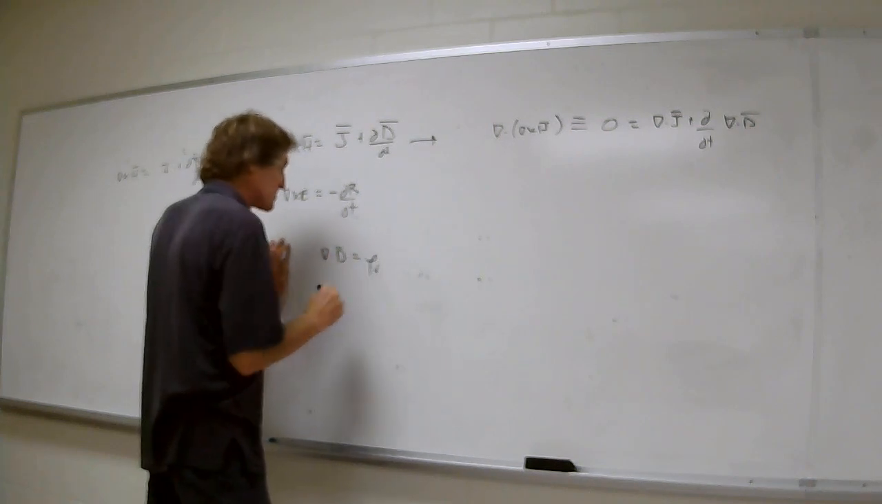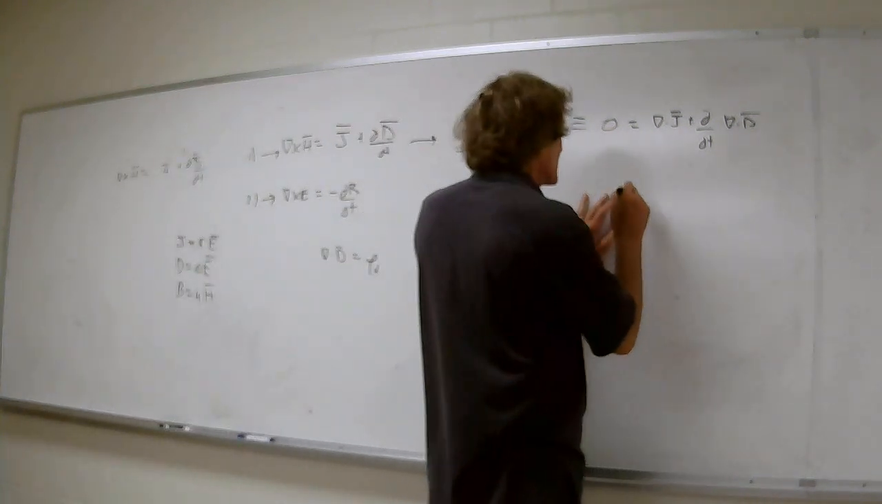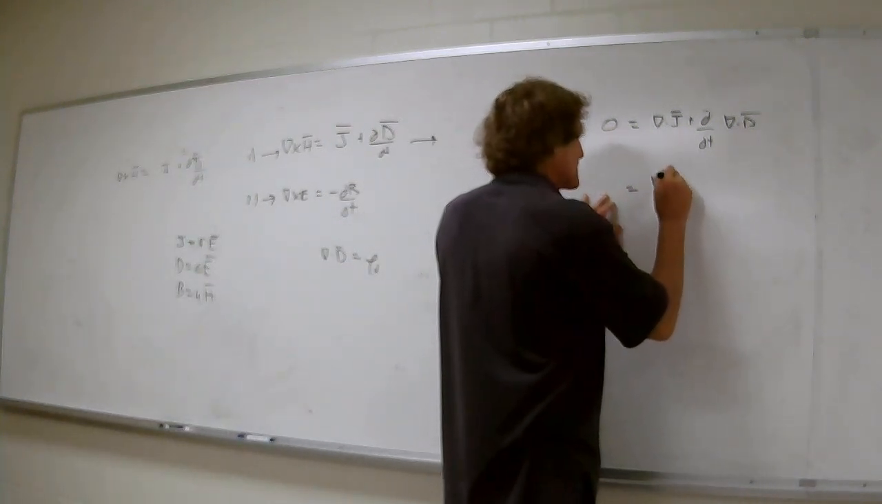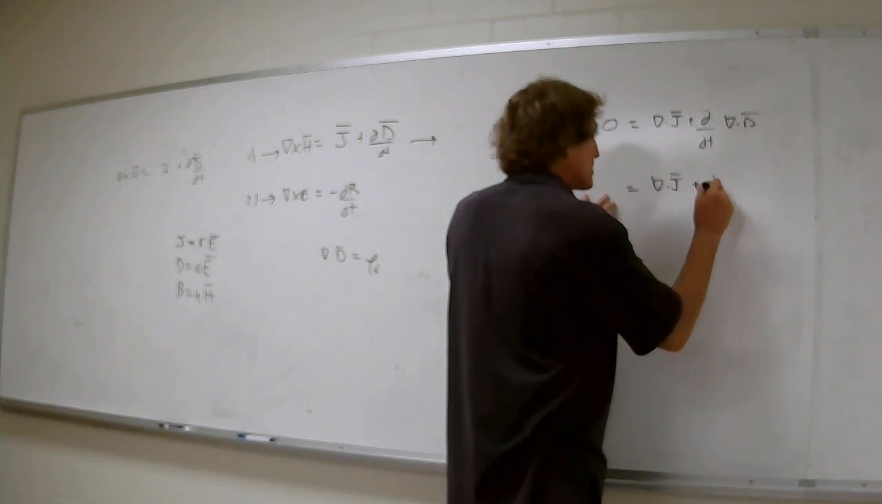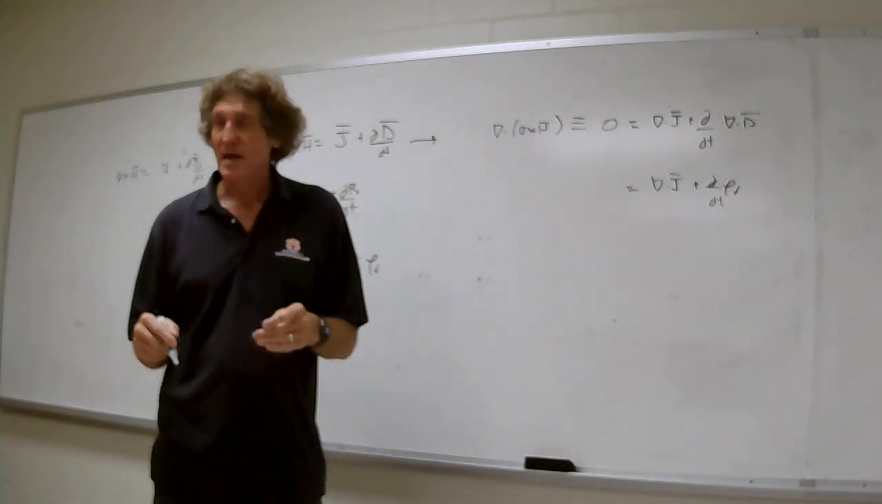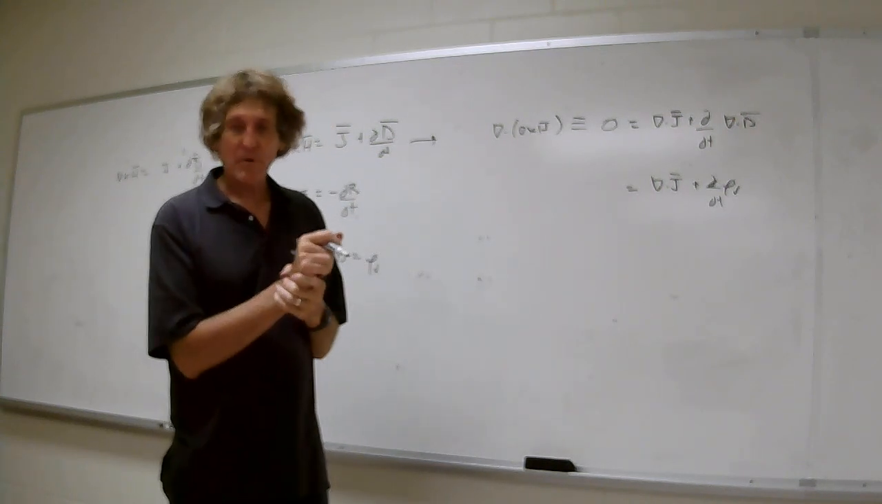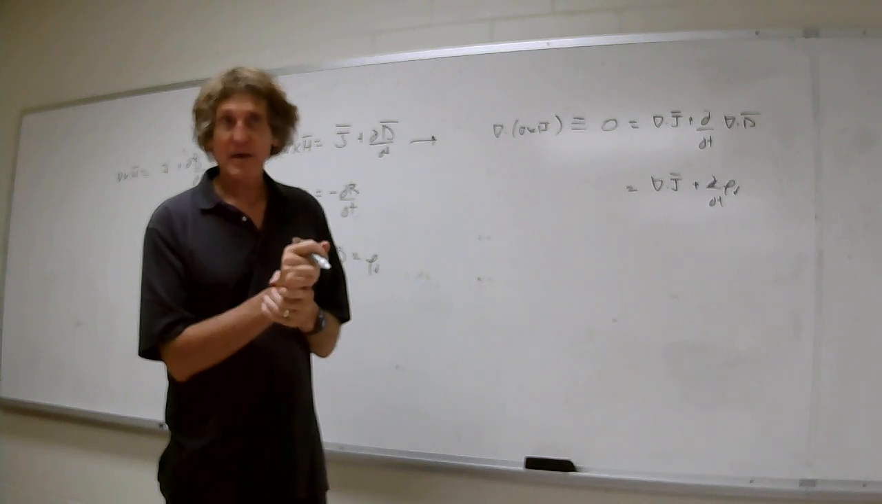Volume charge density. Do y'all remember that? So now I have this: the divergence of J plus the partial with respect to t of rho v. This is one form that we'll use. That, by the way, is called the continuity equation. Does anybody remember what they call it,